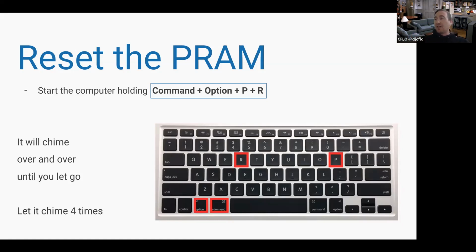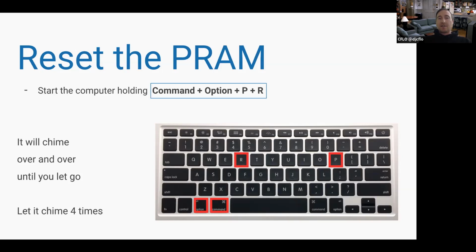And when you reset the PRAM, it resets basic things like your fan speed, your computer screen brightness, the volume. It can reset low-level USB things. I've seen it fix things in iTunes, which I don't even really understand how, but the point is that it's super easy. And if you're having computer problems, it's a no-brainer to just do this really quickly.